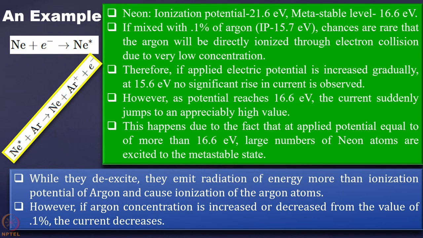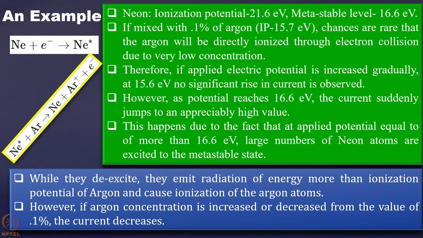neons are getting excited to the metastable level of 16.6 electron volt. And this excited metastable state, when they de-excite, they emit radiation of energy more than the ionization potential of argon. So that is why argon, although its concentration is less, is ionized, and that is basically the reason for the increase in the ionization that has been seen. So it is due to the metastable level of neon, but it is not due to ionization of the neon